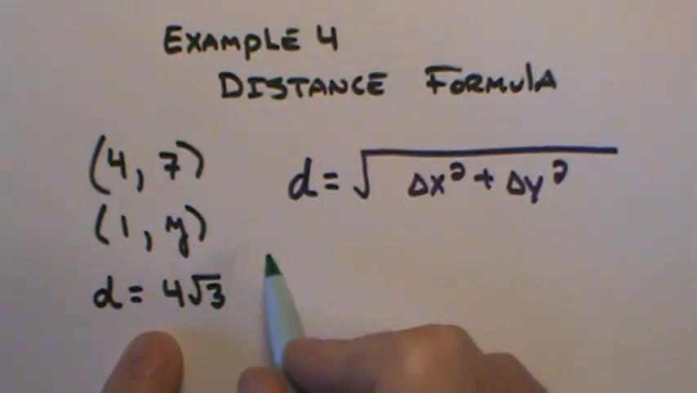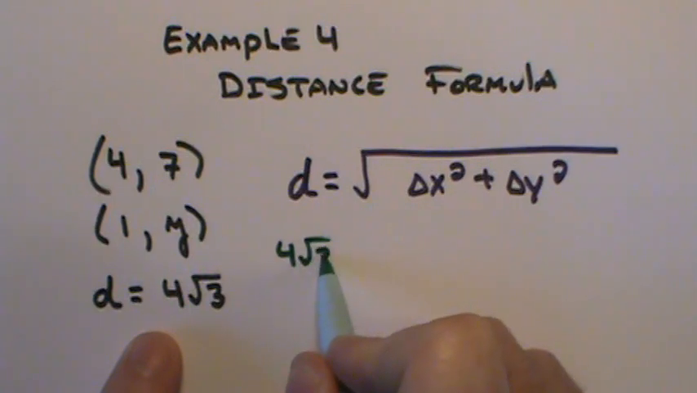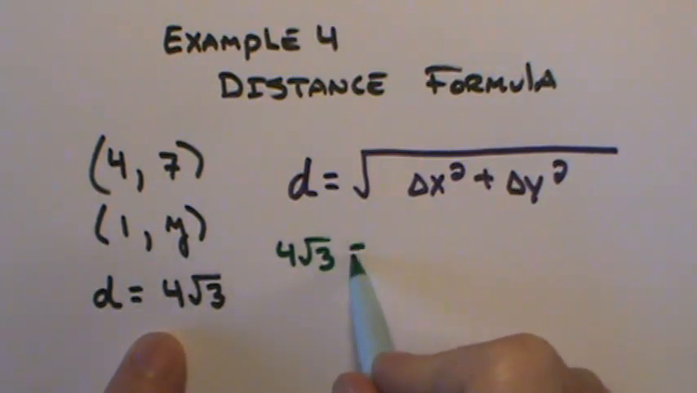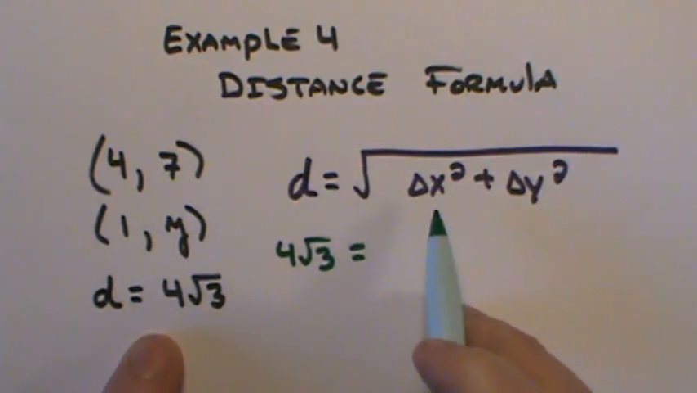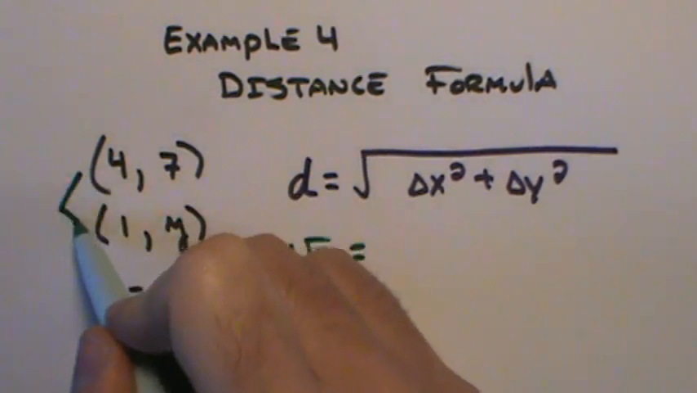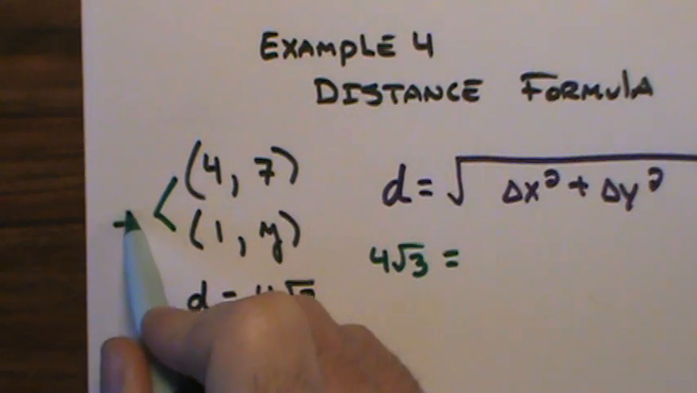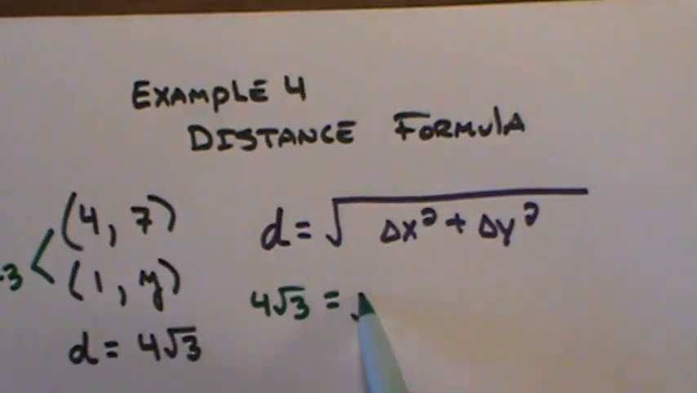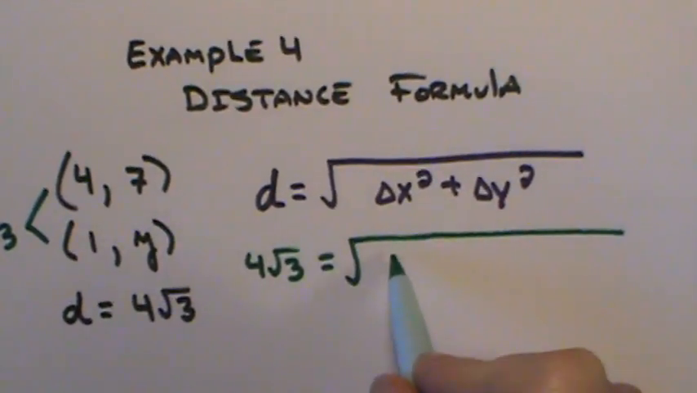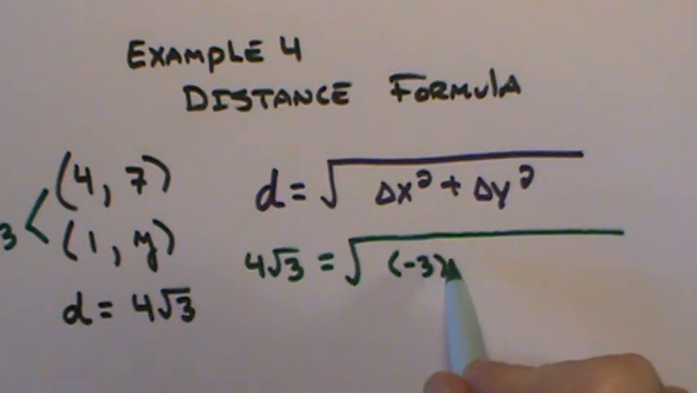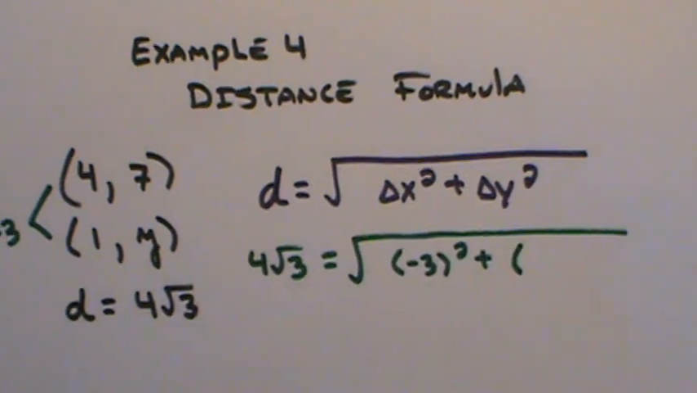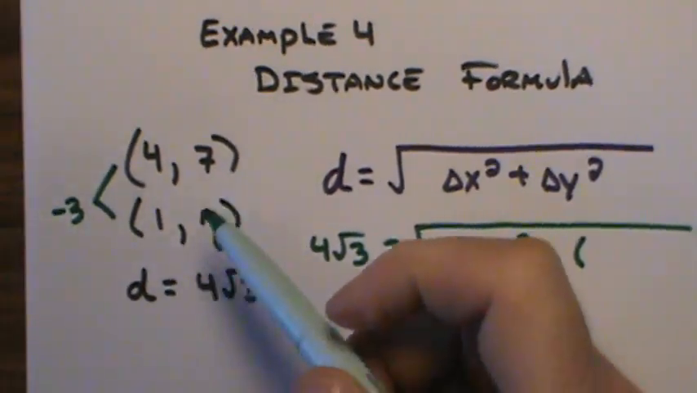Now, as I look at this problem, I'm going to substitute these numbers correctly into the formula. My distance is 4 square root 3, that's a little scary, is equal to my delta x. To go from 4 to 1, I've dropped down 3 units. So I would say this is negative 3 squared plus